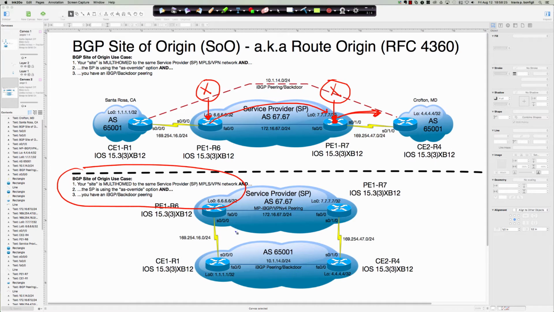And again, it almost makes more sense looking at it as this square. So we define the site of origin value here, and it's literally a 2-byte value, then a colon, then a 4-byte value. So I could have 1:1, and that could be my site of origin value. It could be 99:99, but I define it, and again, it has to be on both provider edge routers. And I define it over here,